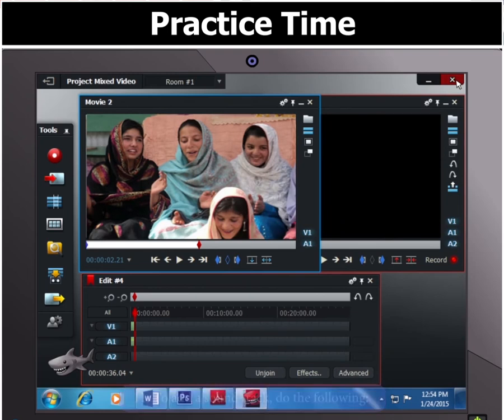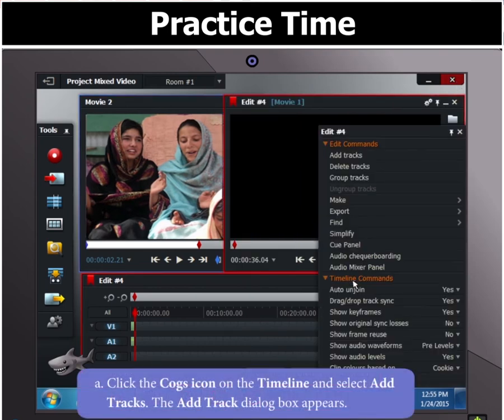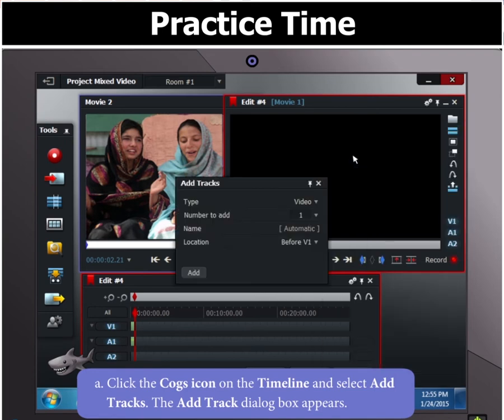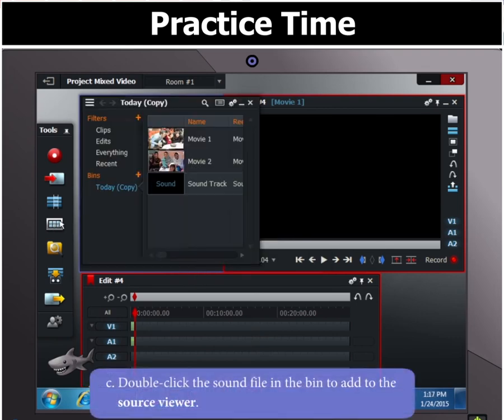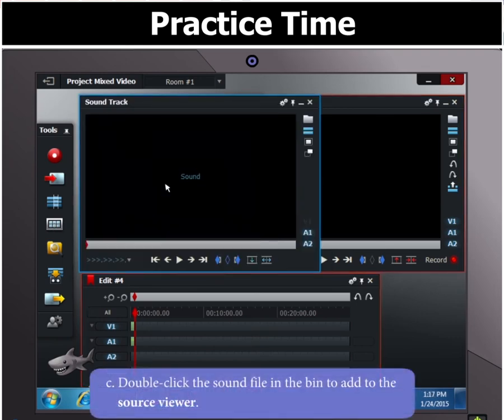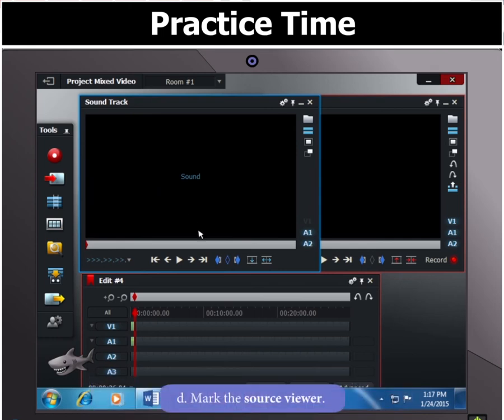Then to add a soundtrack, click the cogs icon on the timeline and select Add Track. In the Add Track window that appears, change Type to Audio and click Add. Then double-click the sound file in a bin to add to the source viewer. Now mark the source viewer